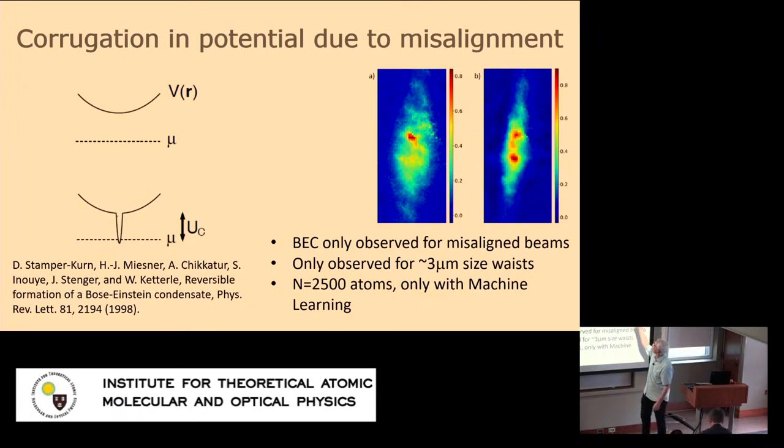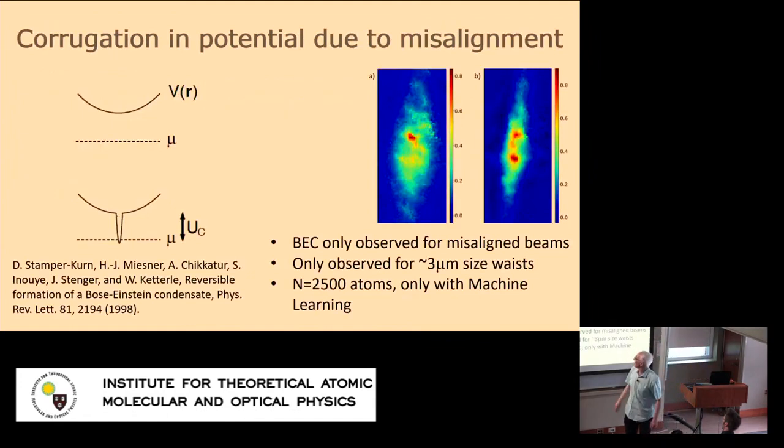It does it maybe a little bit more suddenly than a human would do it, but it definitely loads more atoms. And our cost function wasn't something complicated, like make the highest phase space density or optical depth. It was just maximize the atom number loaded. And it's pretty remarkable. In a 3 micron trap, according to Mark Suffman's paper, I think you can prepare a single atom, right? But you can also prepare 3,000 atoms in pretty much the very same trap, depending on your laser cooling parameters, which I found interesting. But this was really an accident. We didn't plan to do this, but it's maybe interesting to see.